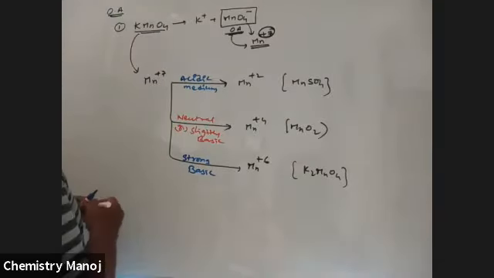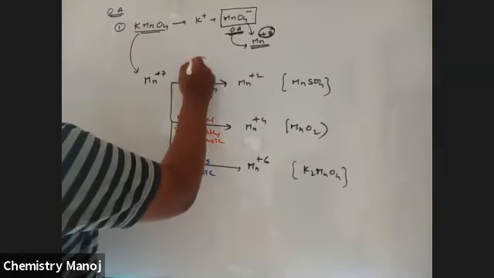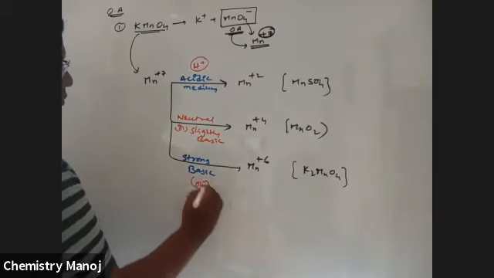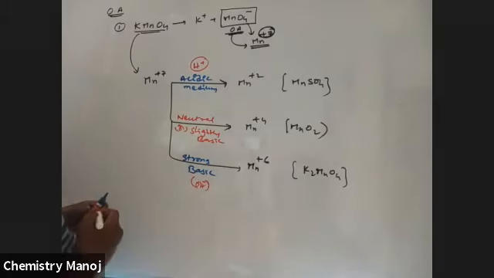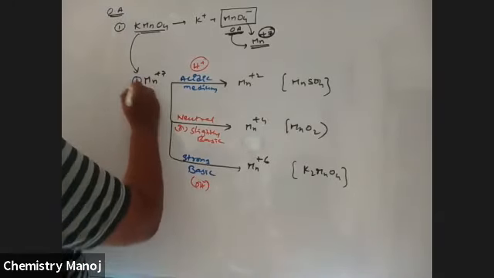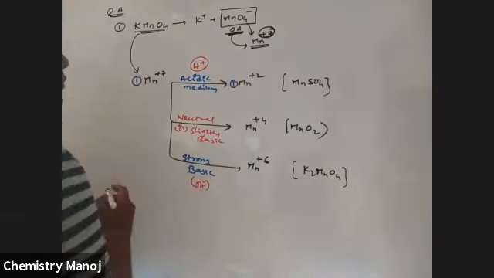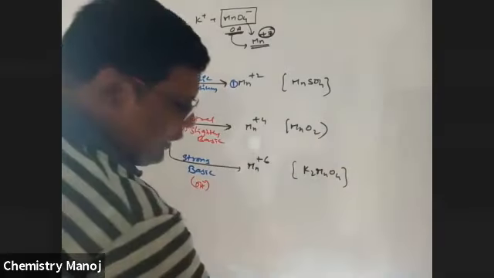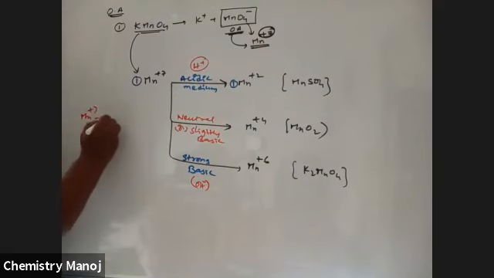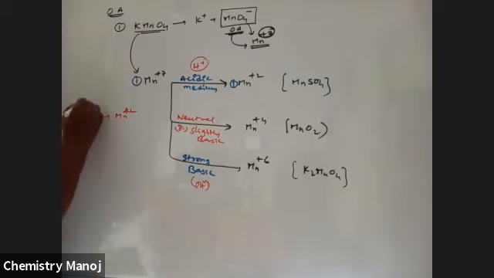that is H+ in acidic medium. A strong basic medium is OH minus. It is a neutral medium. Okay, here one Mn+7 is converted into one Mn+2. Therefore, how many electrons are changed? Balance that one. Mn+7 changed to Mn+2, so the balance is 5. That means it gains 5 electrons.